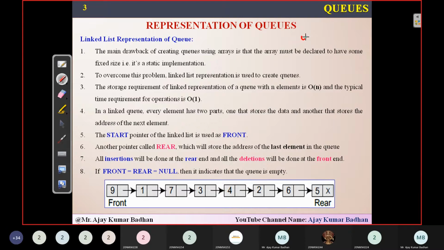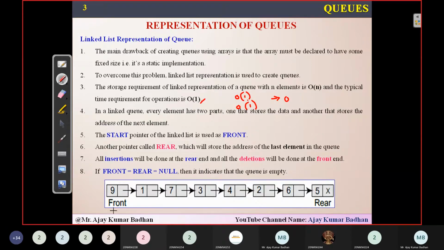By default, you can use something called units for representation. Whenever you perform these operations, it generally takes order of 1 time. At a time you can insert only 1 element, so insertion of 1 element will take order of 1 time. Similarly, when deleting, at a time we can delete only 1 element, so order of 1 time. Only when we are displaying the elements does it differ.